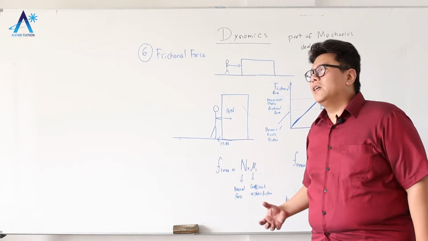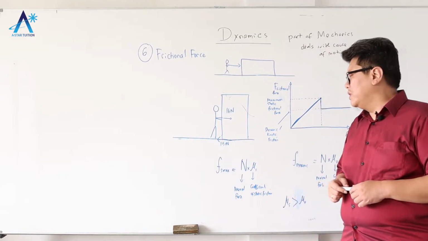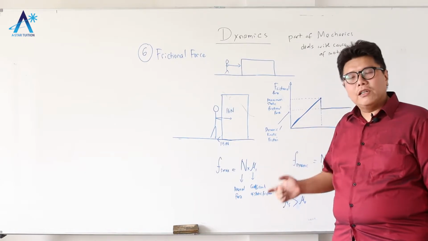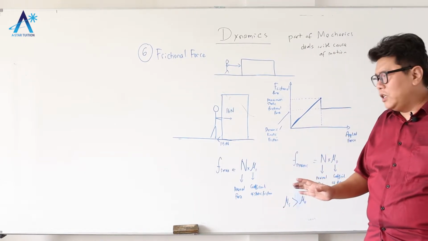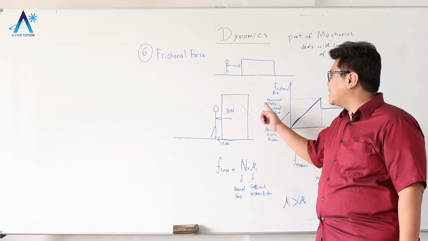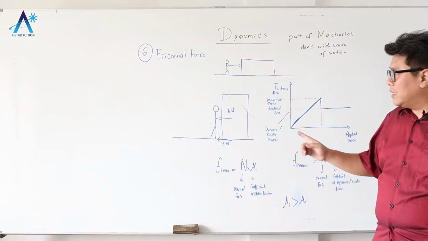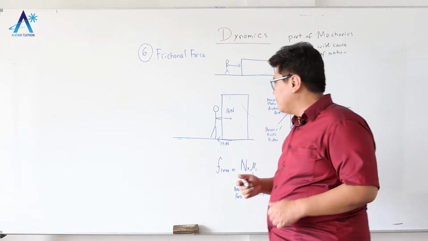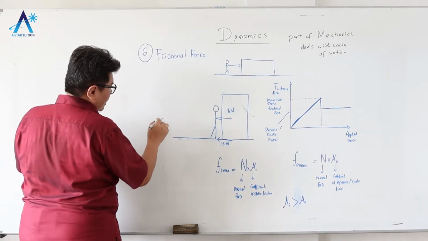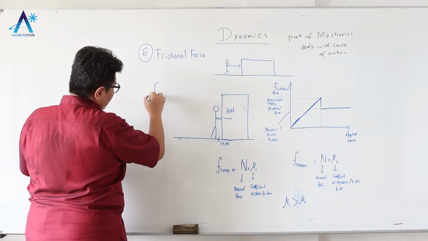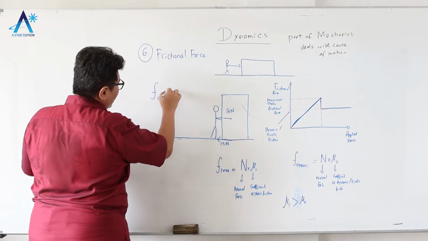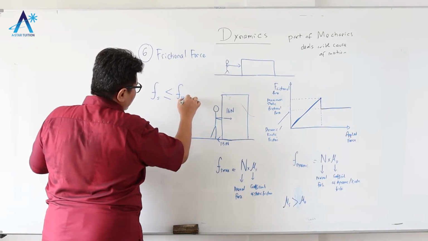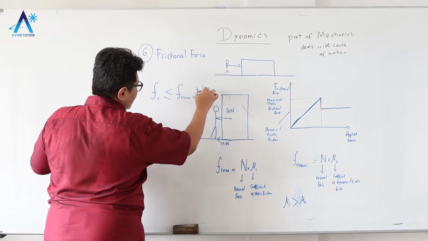However, if a static frictional force hasn't reached its maximum value, do not calculate it by using this formula. A lot of students misunderstand this and always use this formula to calculate the static frictional force. It's actually not correct, because you can only use this formula to calculate the maximum value of static frictional force. In fact, we can write the inequality as Fs is always less than or equal to Fs maximum,